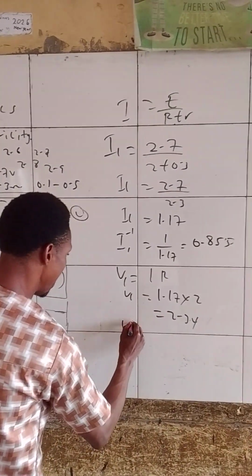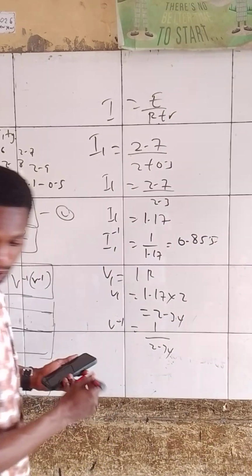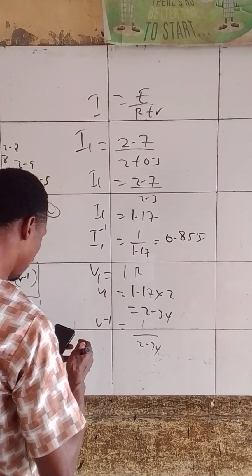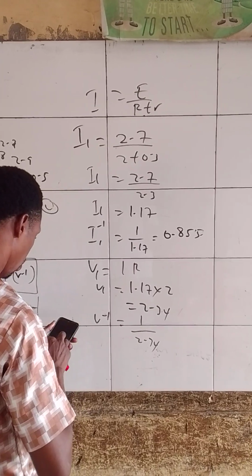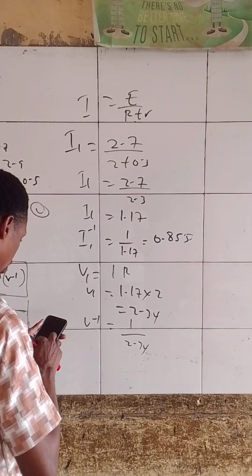Now I also find my V inverse. What is V inverse? That is 1 divided by 2.34. You get me this time? Now in that case, if I find the V inverse, what is V inverse? V inverse means 1 divided by